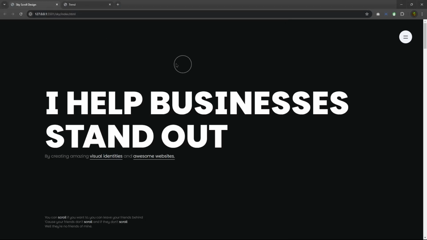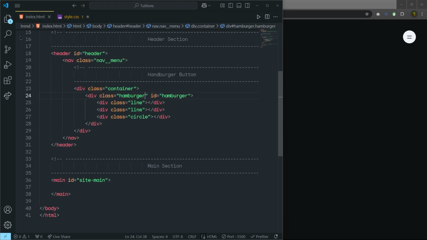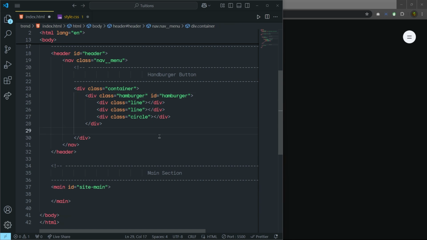You can notice we have a pointer here, a smooth circle following this cursor. So let's create this. Back to the style.css, let me add a comment and say circle pointer, and then I'm going to say pointer circle. So what I'm going to do is go back to the index.html, just after this hamburger menu div, right down here, we create a class called pointer